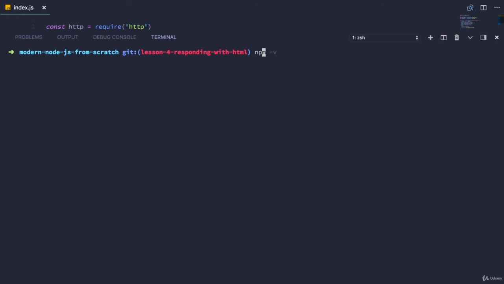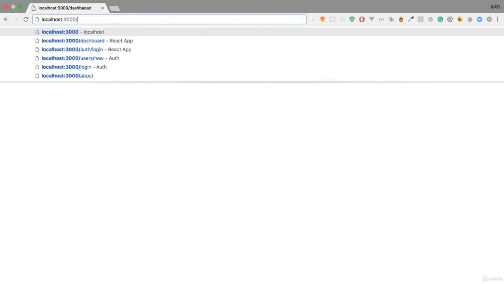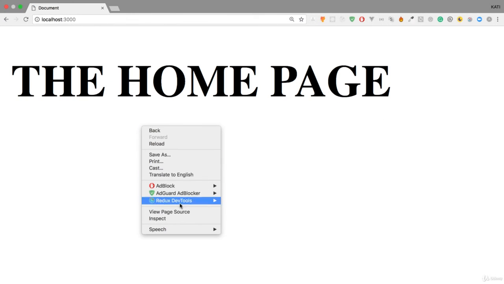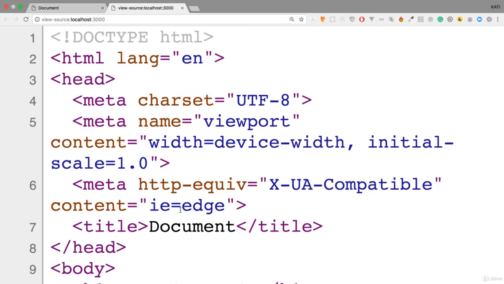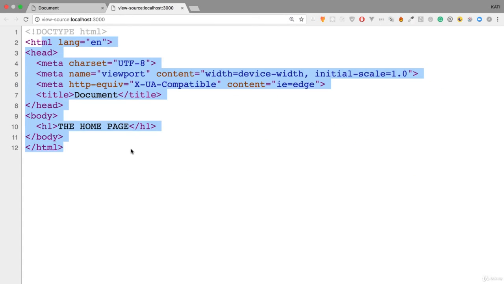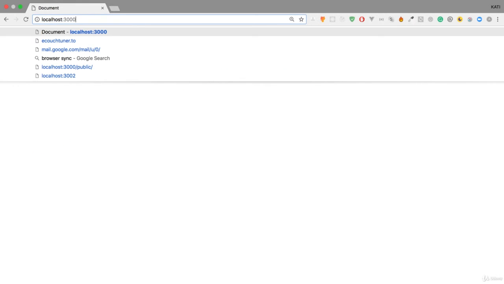So let's go ahead and start our server, node index.js. And if we come right now and refresh this page, we still have page was not found. But if we go to the home page, look at that. We have HTML right here. So if I view the page source, you can see that this is the HTML that is coming from our server. Okay, so you can see that we switched completely from responding with static text to responding with real HTML